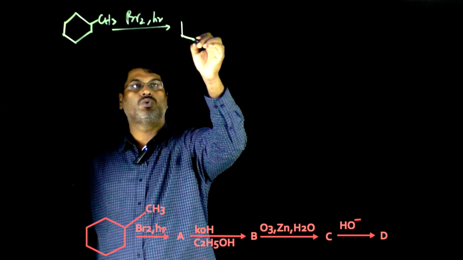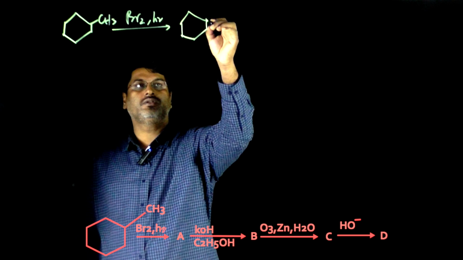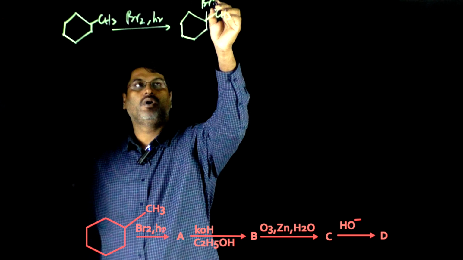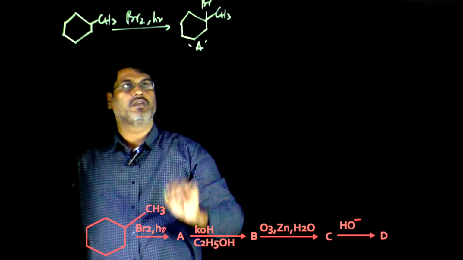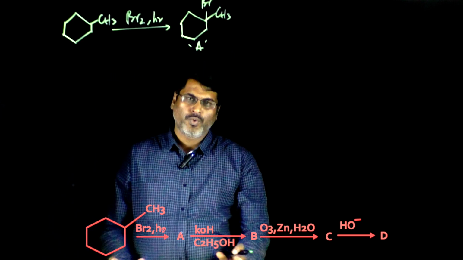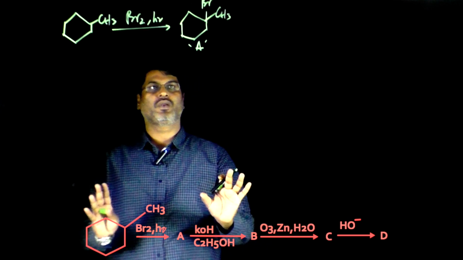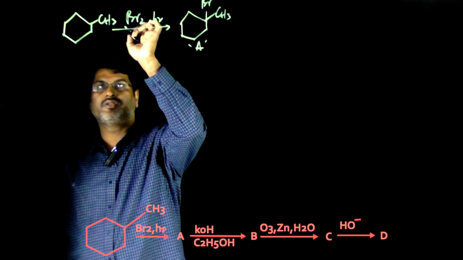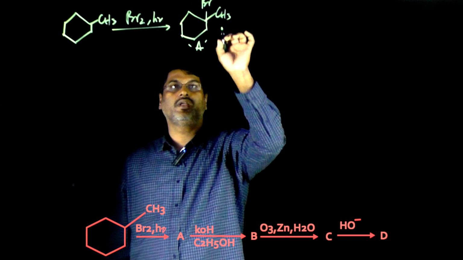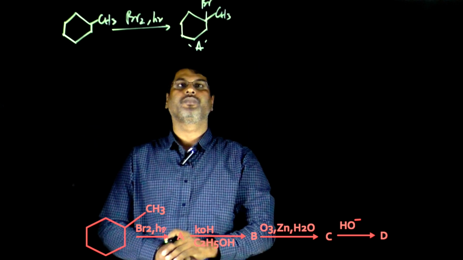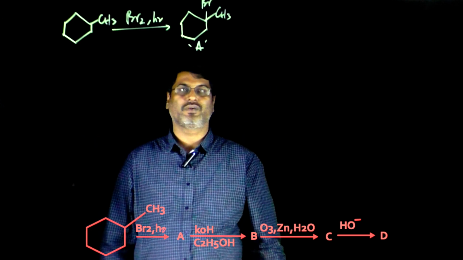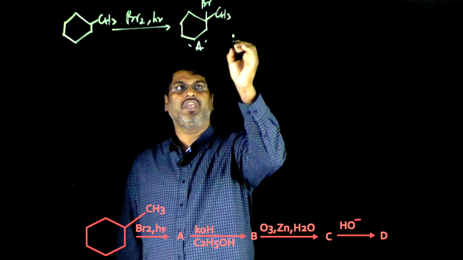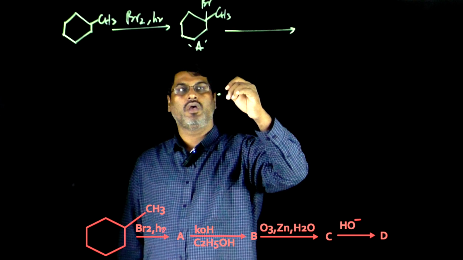So, through this radical substitution, the first product, what you say A, is 1-bromo-1-methyl cyclohexane. This is the tertiary place, so preferably the bromination takes place here and you get 1-bromo-1-methyl cyclohexane. Fine. Next, this A is treated further with the alcoholic